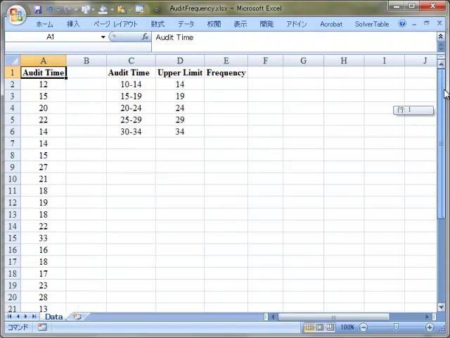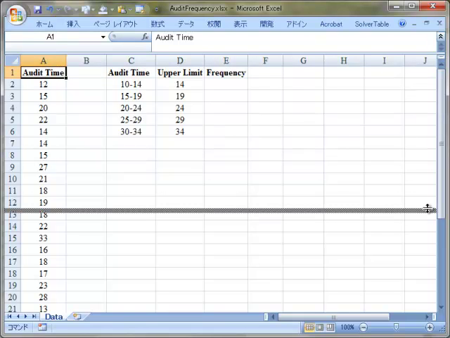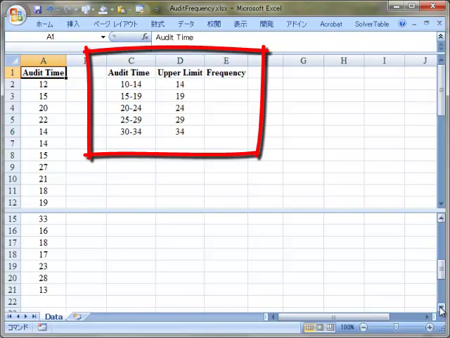It's not very large, but I'm going to split the screen in any case. Okay, we'll take the split bar here, pull it down, come down here, so we can see the entire data set from A2 down to A21. All right, now in column C, D, and E, we have already typed in what we need to make the